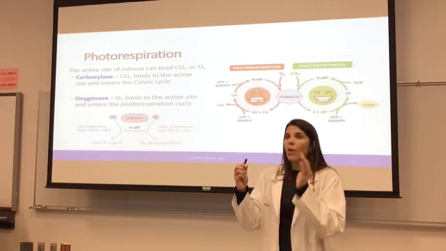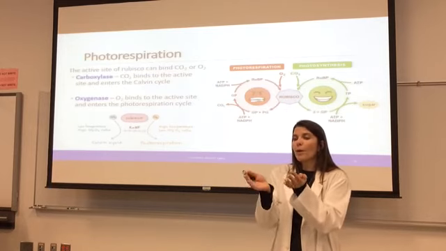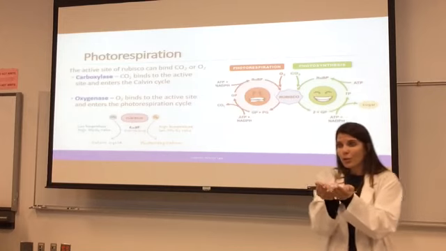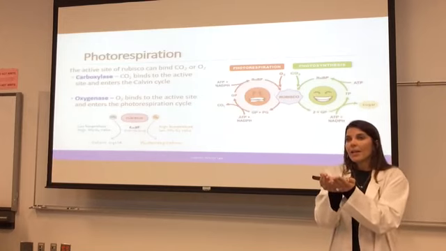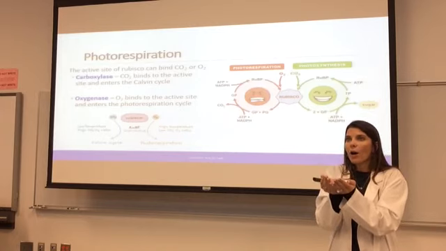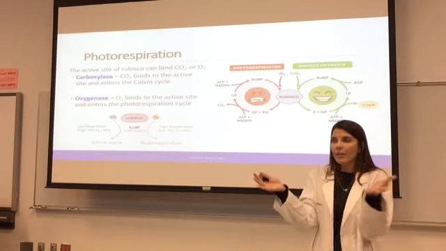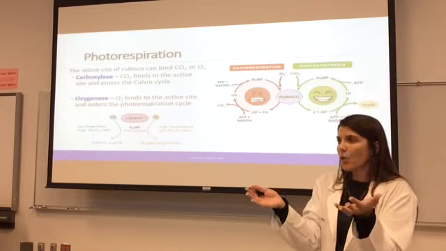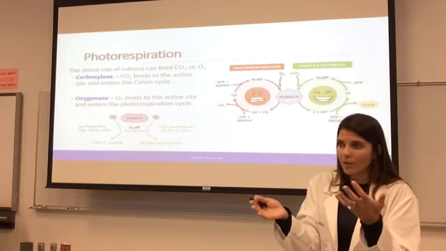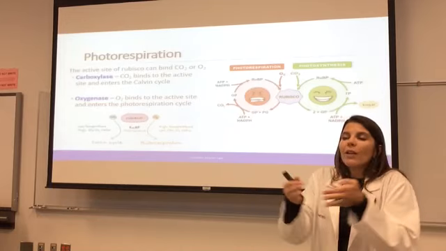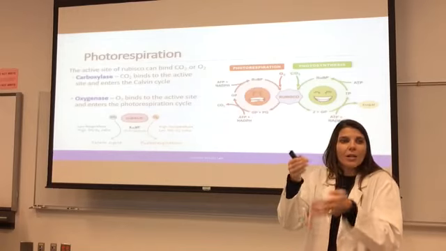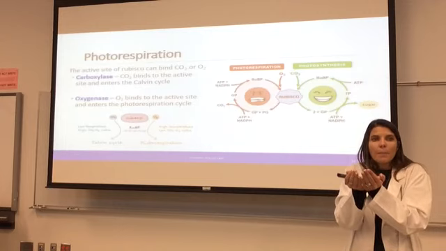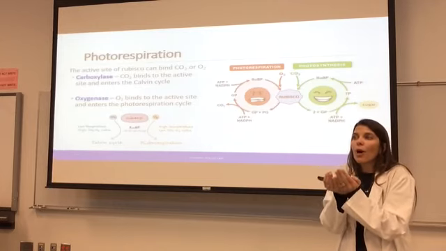Plants, or photosynthetic organisms, photorespirate when their stomata are closed. And we talked about this the other day. In Texas, because it gets so hot, our plants are at risk of desiccation or dehydration, which means they're going to dry out. So instead of leaving their pores open so that carbon dioxide can come in and oxygen be released, they close their pores. So closing their pores keeps all the water in,